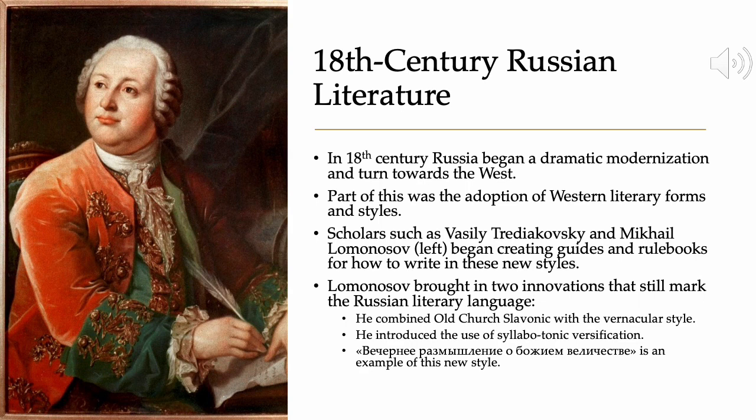As a side note, Mikhail Lomonosov, as much as he looks like a member of the upper classes, was actually originally from a working class, non-noble family up on the White Sea. He really wanted to go to college, so he walked all the way from the White Sea to Moscow, enrolled in college there, pretending to be noble because non-noblemen were not allowed to attend college. When his subterfuge was discovered, he could have been executed for it, but they were so desperate for talented young men that instead of executing him, they sent him to Germany to go to college for a few years. So he had a German degree and then came back